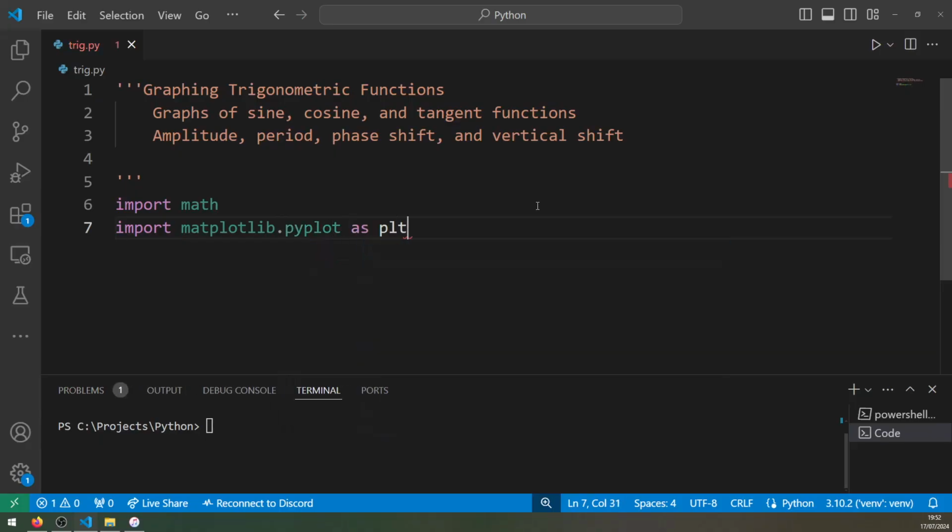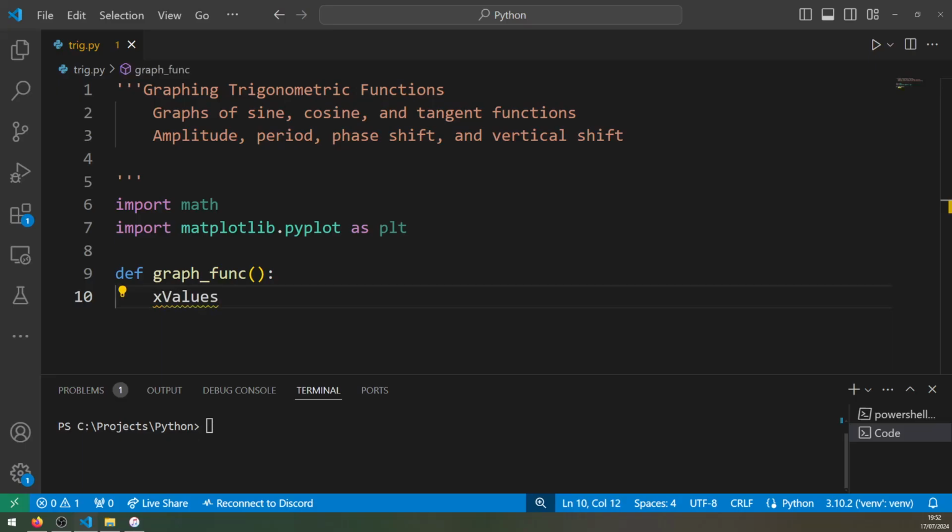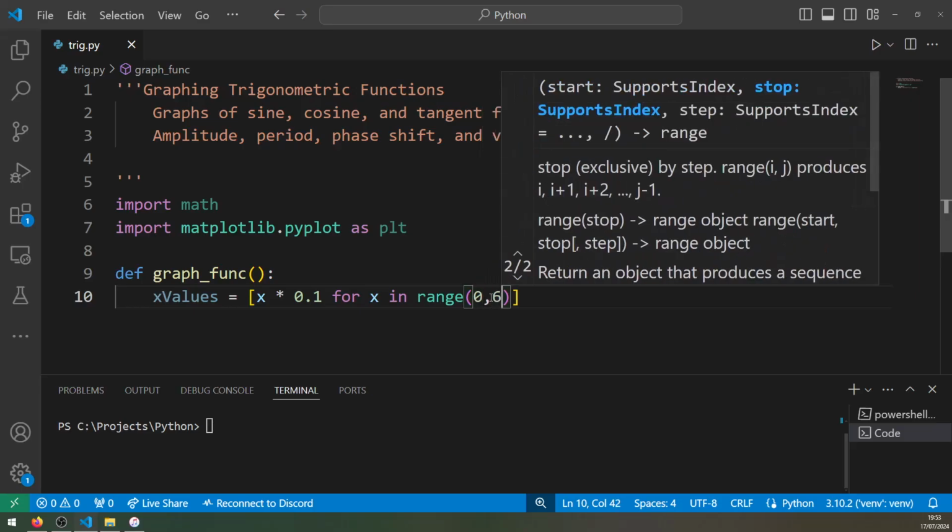Just like our geometric video. And I'm going to create our graph function. And here I'm going to be generating our x values. So we pass in the x value, which is going to be x times 0.1 for x in range. So this is pretty much like a counter to then specify our range of how big our graph is going to be,